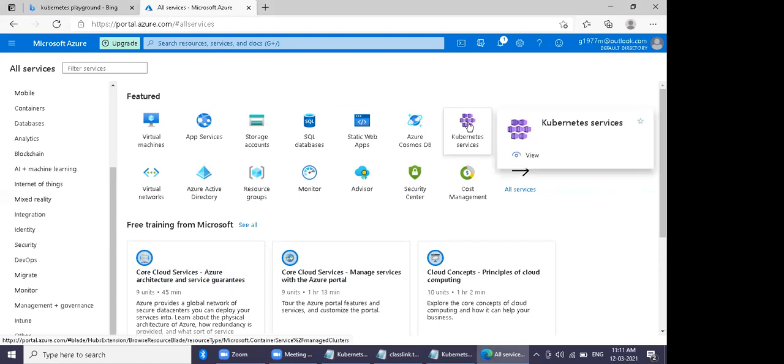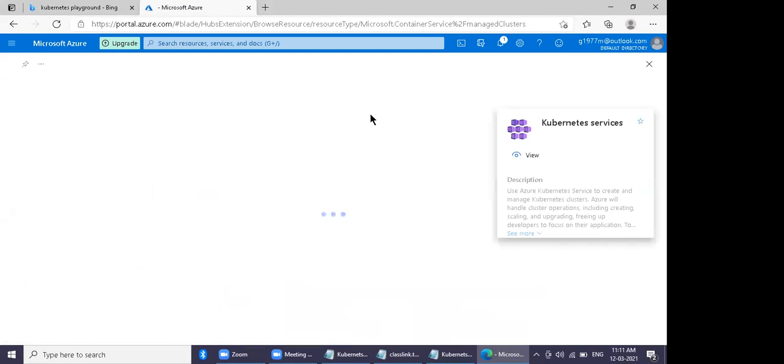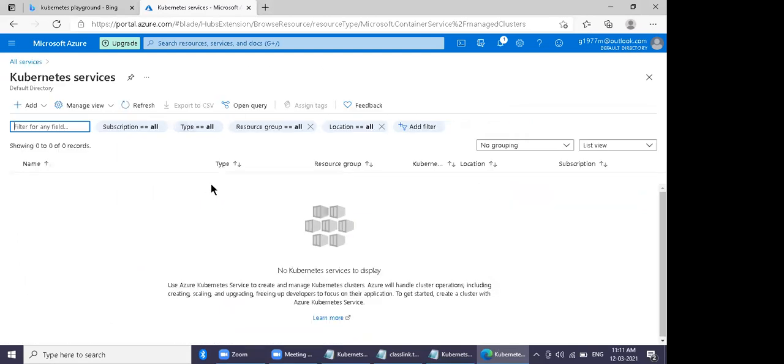Kubernetes service. All right, so just click add.